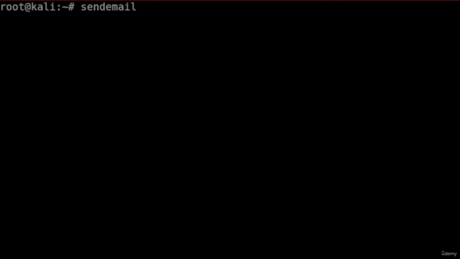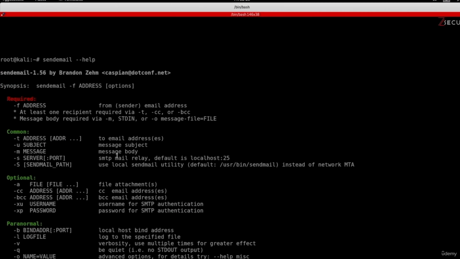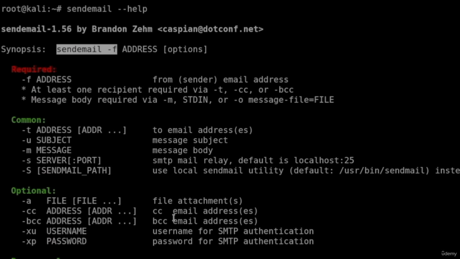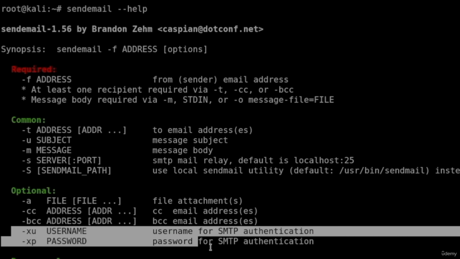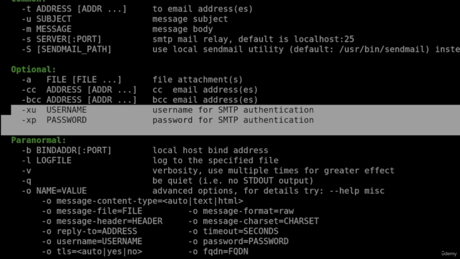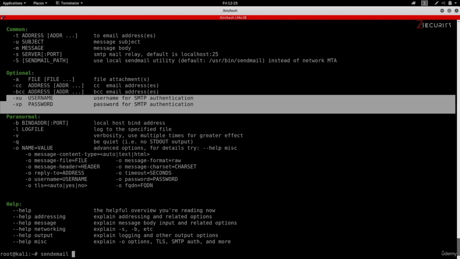And because this is the first time we're using this program, it's always a good idea to run the program with the --help argument to see how to use it and all of the available options. So scrolling up, you can see the main usage is sendEmail, we're using the -f argument, and then you set the options. Now, before doing this, the first thing I want to do is set the username and the password using the -xu and the -xp arguments. So our command is going to be sendEmail